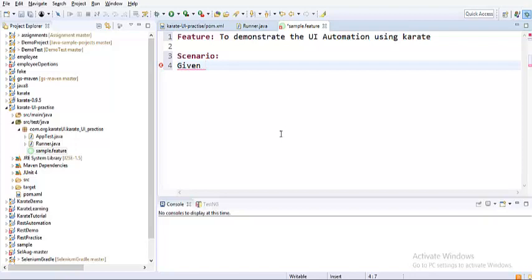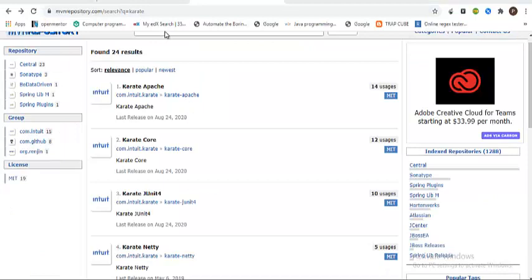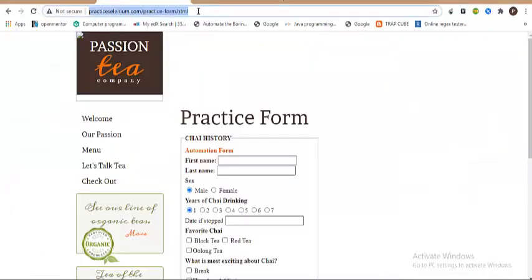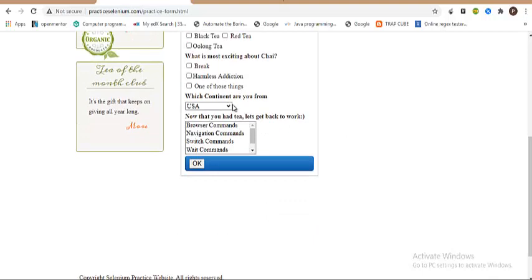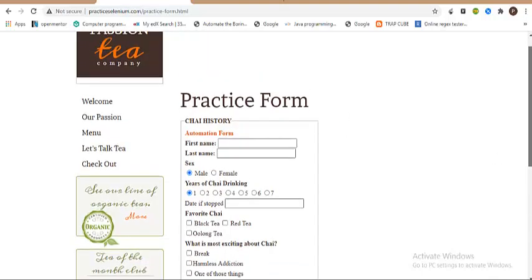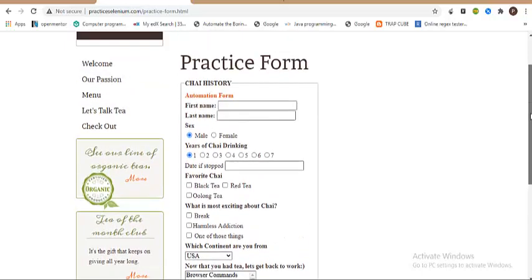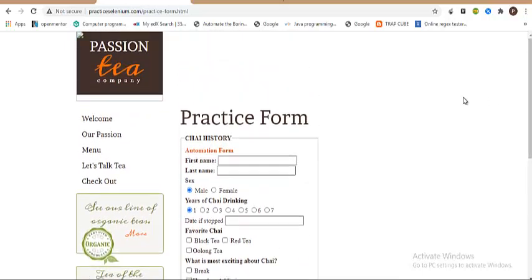So given, let me identify the site. So I have a practice Selenium site with me. So here you have some text boxes and radio buttons, check boxes, multi selectors and drop down. I feel this is simple and has all the different operations, so we can work with this particular website.